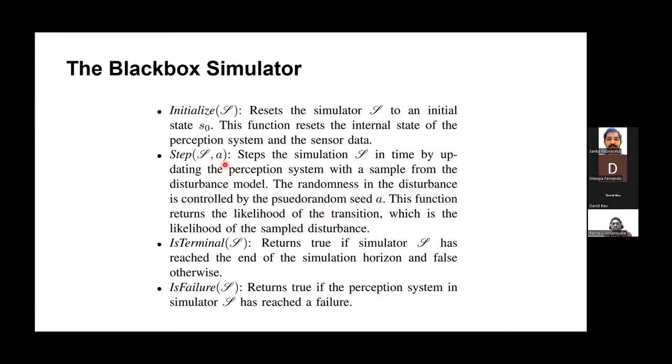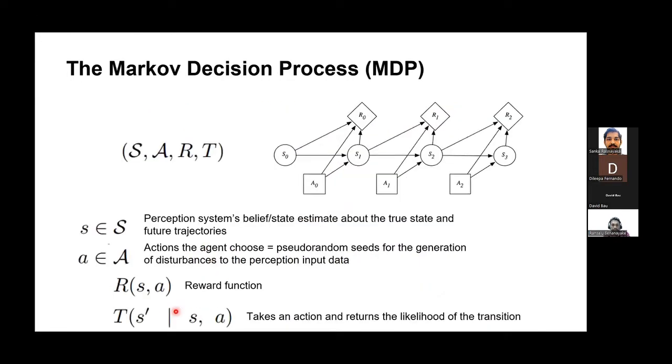Your objective is to find these disturbances in such a way that we find a failure. So your objective is to step through and find these A, or these disturbances, so that you will end up in a failure. Basically, we want to find that failure. If you go to the end, we find a terminal. If you find a failure, we activate this failure. So let me